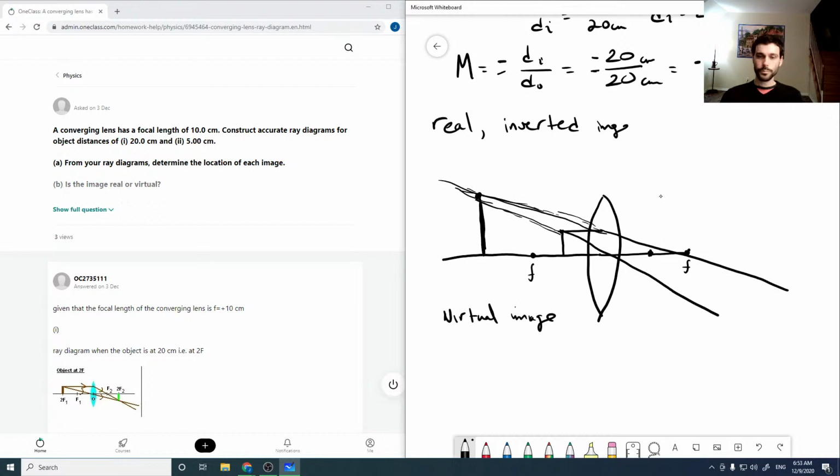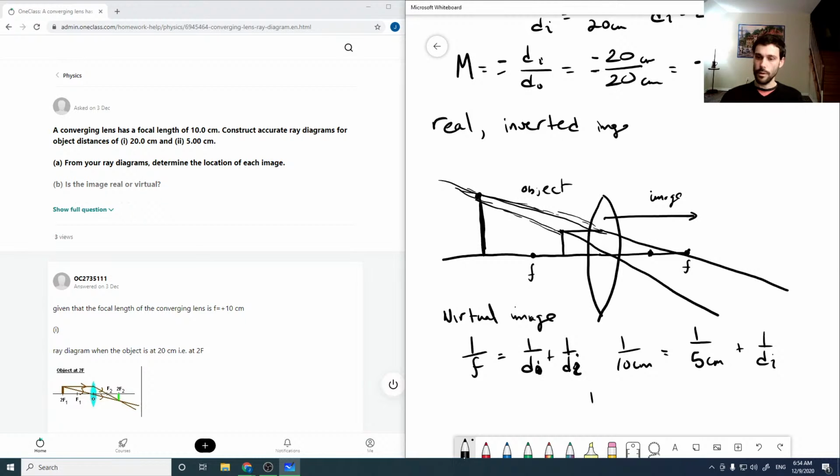it's also magnified, right? So if we run through our equations here, 1 over f is 1 over di plus 1 over d naught. Remember that di will be positive if it's on the image side and negative if it's on the object side. So here we have 1 over 10 centimeters, which is 1 over the focal length. 5 centimeters is our object. And then 1 over di is 1 over 10 minus 1 over 5,